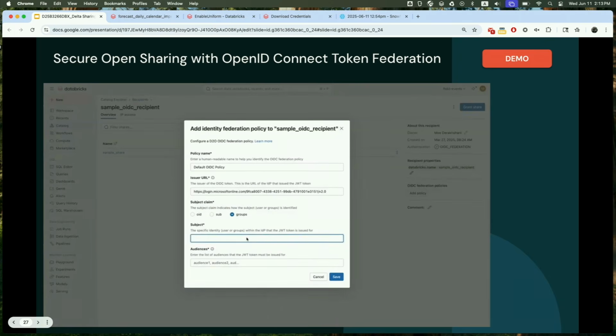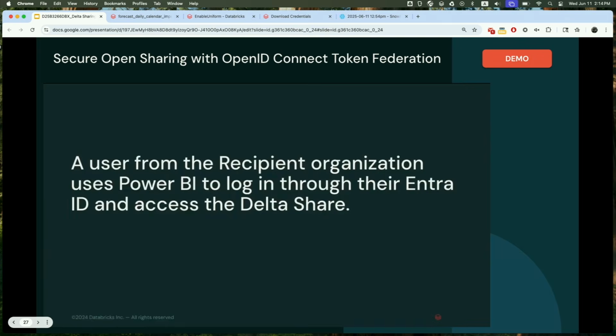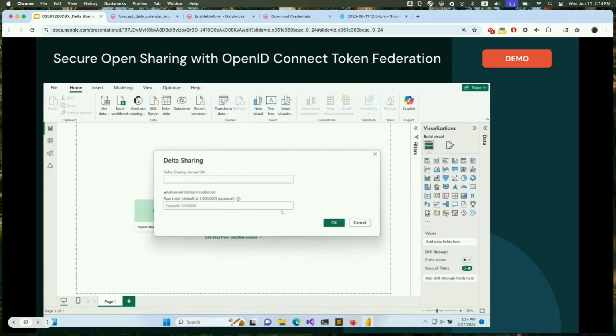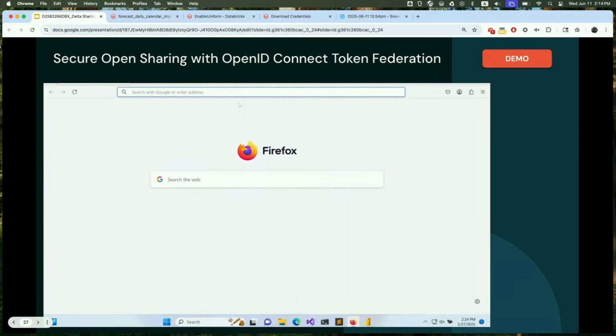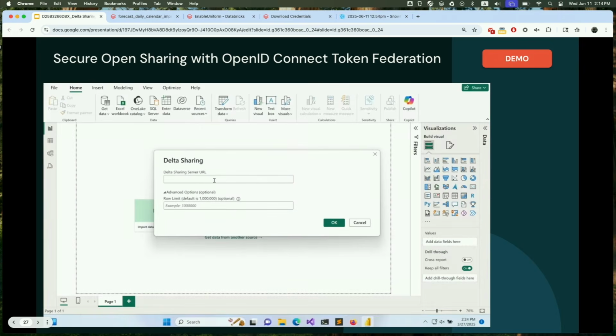All right, and lastly, for the audience, since this is going to be accessed from Power BI, we're going to input the Power BI Entra ID app ID into the audience. And once I click Save, the OIDC profile URL is generated for the data provider to share with the recipient. Now, the recipient user opens up Power BI to access the shared data. They first go to the Delta sharing profile URL and grab the Delta sharing server endpoints, which they will input